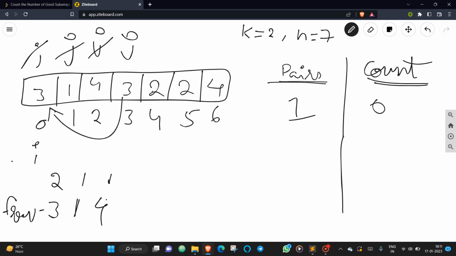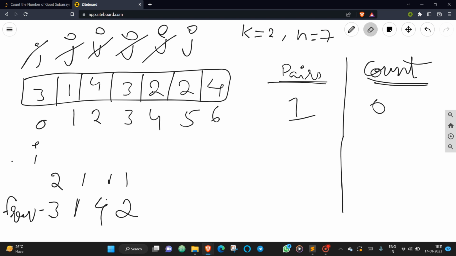Now I'll check, are there at least k pairs in my subarray such that it is satisfying my condition, so that we can count it as a good subarray. Since our k is 2, it is not satisfying our condition to count it as a good subarray, right? So we'll again move our iterator to the next element, and now you again increment your frequency of 2 to 1, and now you again increment your j to the next, and you again increment your frequency,